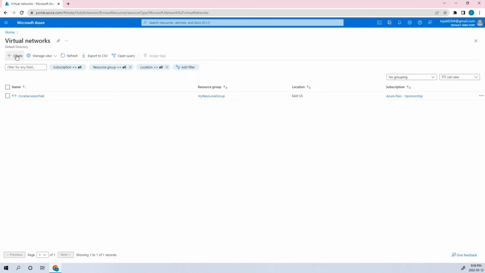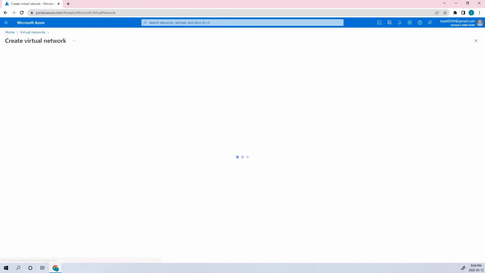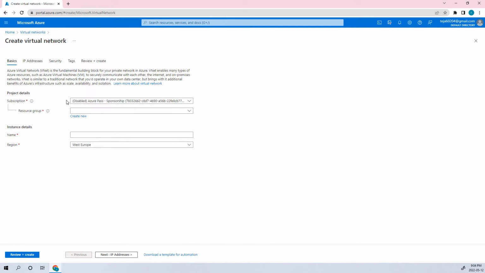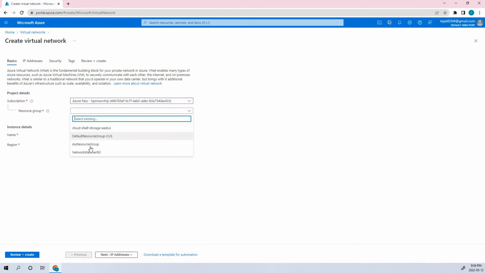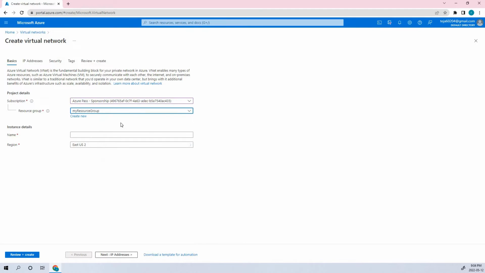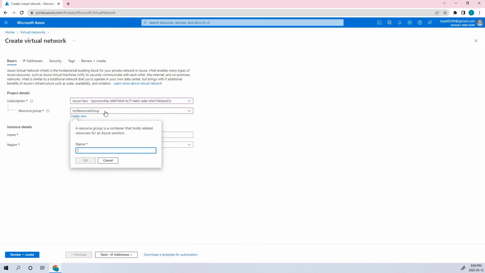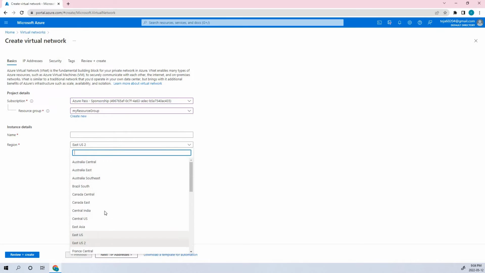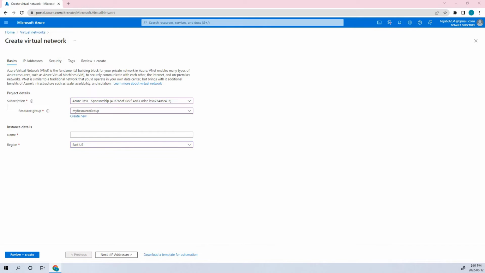To create the virtual network, just click create, and select the appropriate Azure resources. In this case I have already created a resource group, which is my resource group. If you don't have any, click new and add the name here and just click OK. And the region will be East US, and this is the name that we have given. We are getting an error because it has already been created, so you can add a one just to keep the variation,